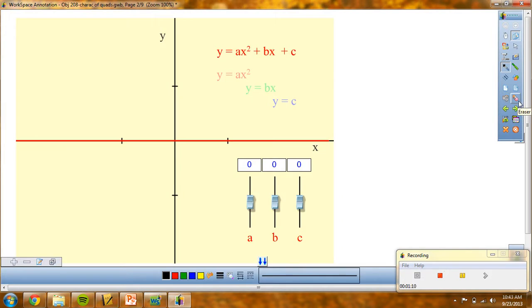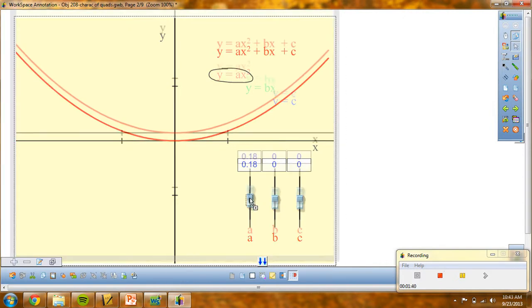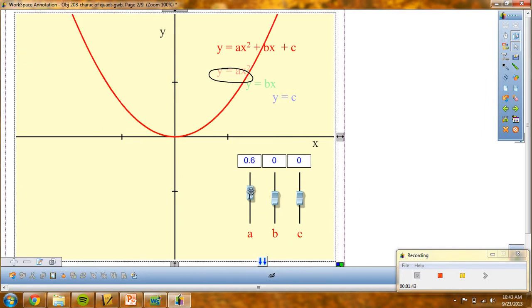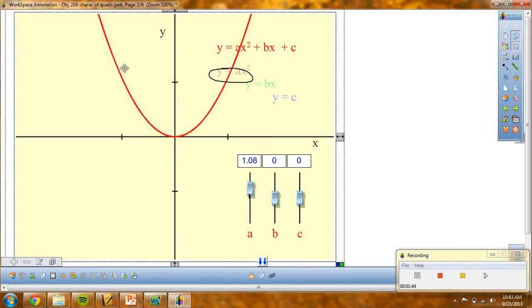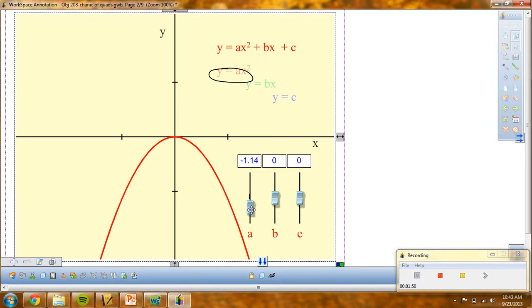So here we have this graphic that kind of lets us play around with the coefficients of a quadrilateral. So I can choose to just focus on this part of the graph. I'm going to leave my B equal to 0 and my C equal to 0. So I really just want to see how the A is affecting my graph. So if I push it up to a positive value, there we go, a positive A curves up towards the top, and a negative A all of a sudden brings